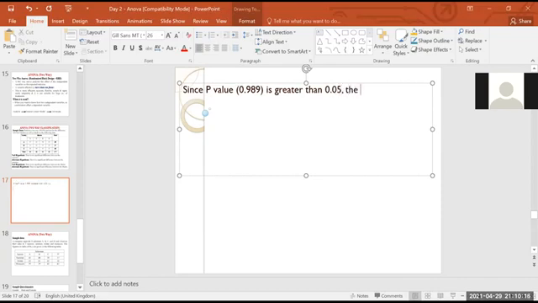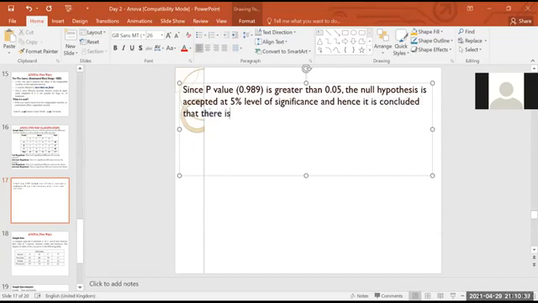Therefore, the null hypothesis is accepted at 5% level of significance, and hence it is concluded that there is no significant difference between the varieties, right?